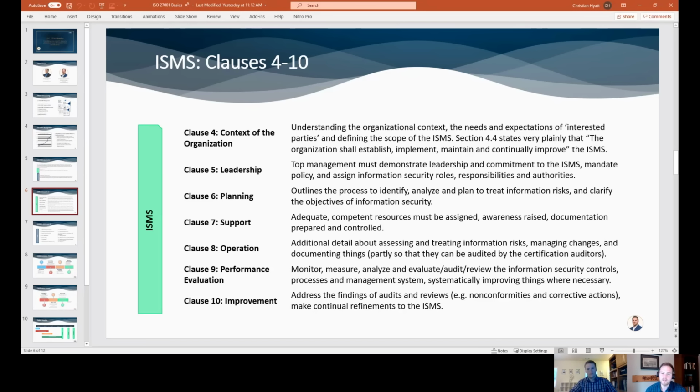If you're thinking about privacy, another one that just came out is the PIMS, the Privacy Information Management System. Another popular one is the Quality Management System. So this is just a term that you're going to hear when you're being audited or when you're implementing an ISO program. So here it's all about the ISMS. And I like the way the ISMS works because it's a nice flow. It really helps you put your program into context and think about how you're going to govern it.